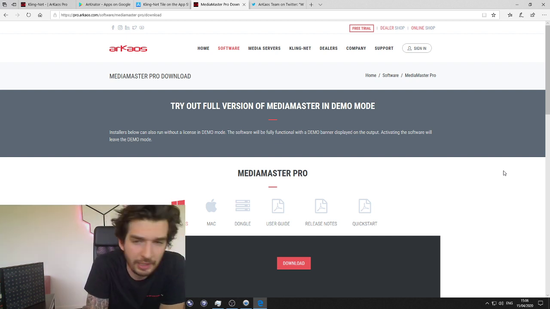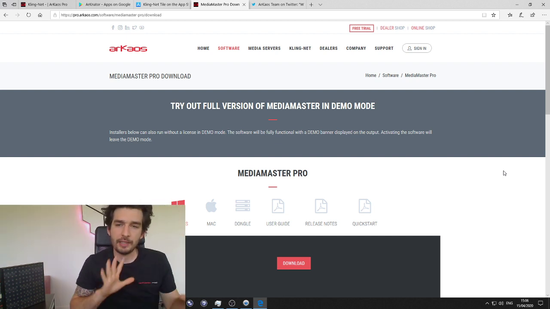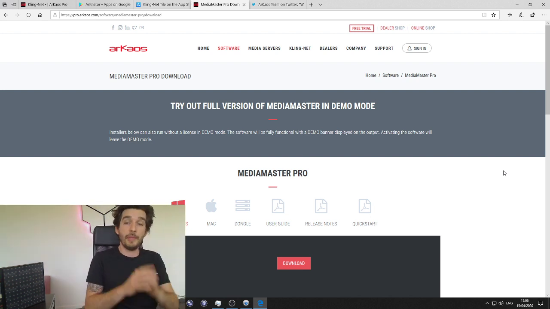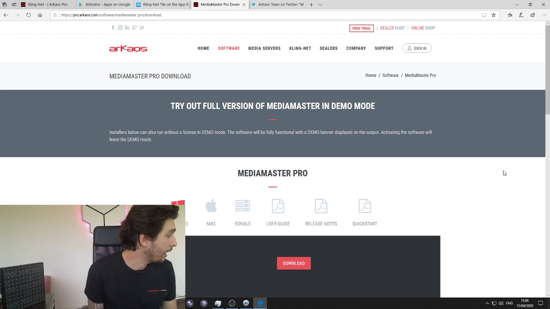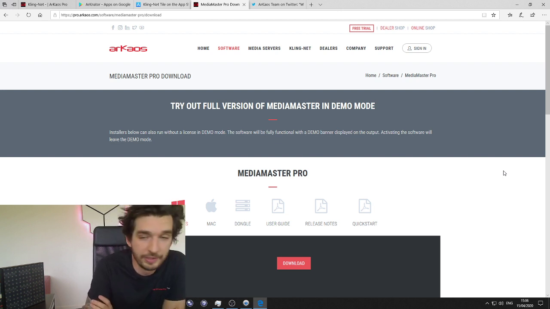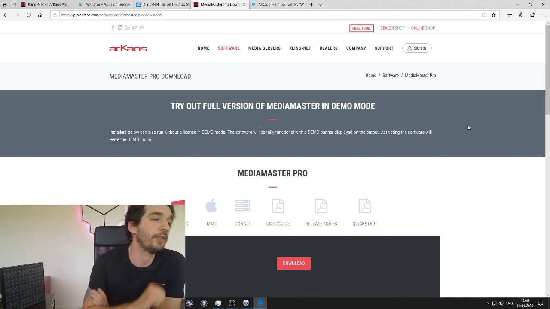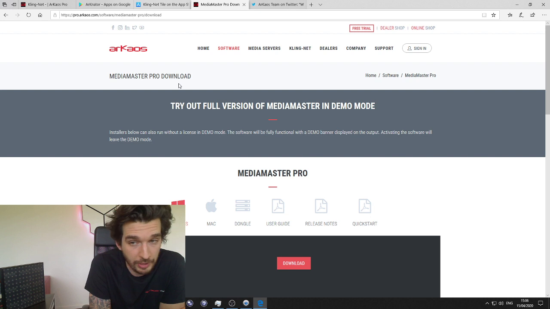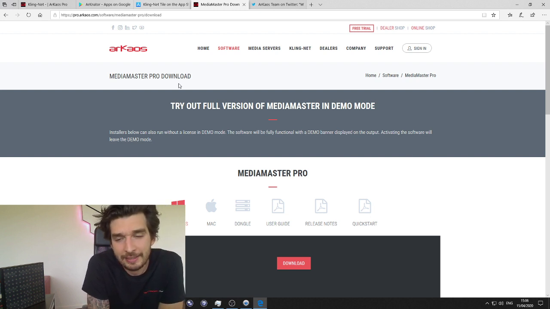It's totally free. The only limitation is a white flash on the output every minute. But if you have MediaMaster on your laptop right now, you can do everything without any license. Go on our website, archaeos.com, and download the software for free, Mac or PC. Both can do ArtNet and ClingNet.